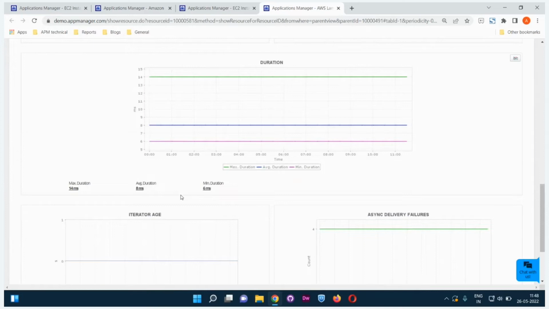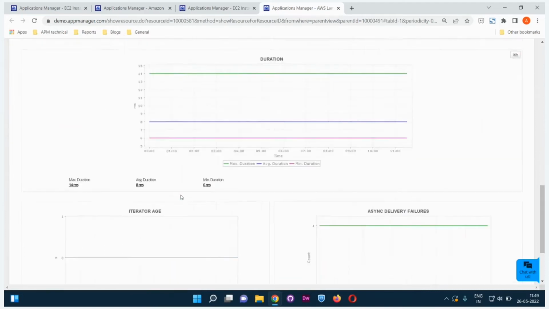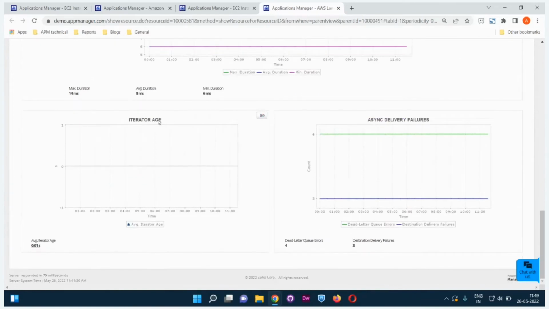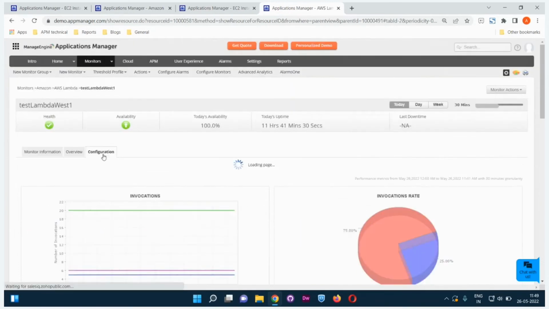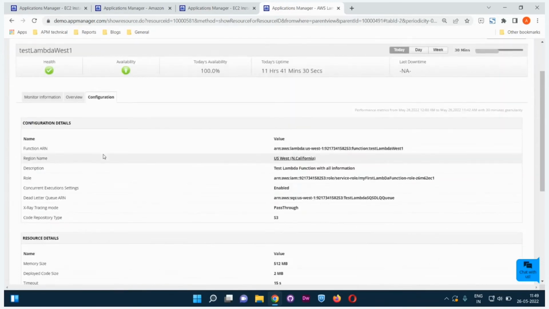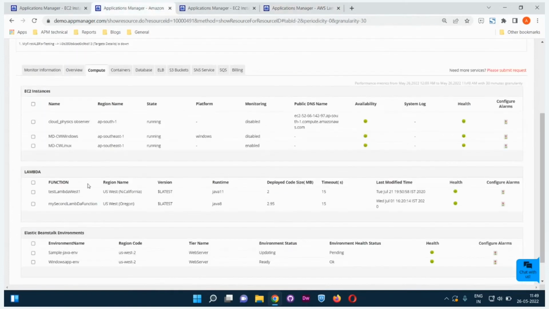The duration of the invocations' execution is given here. You can also monitor the iterator age and the async delivery failures. The configuration tab gives you general configuration details about the function. And moving on to Elastic Beanstalk,